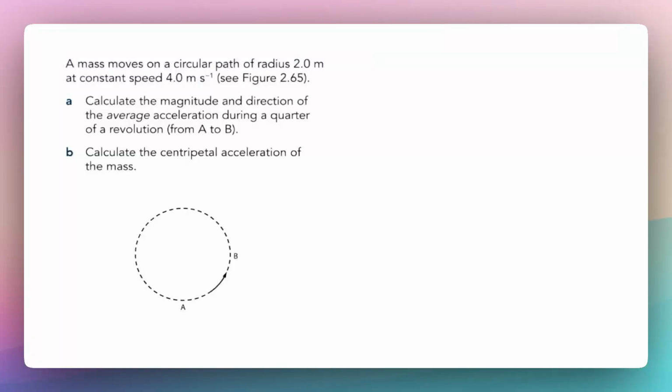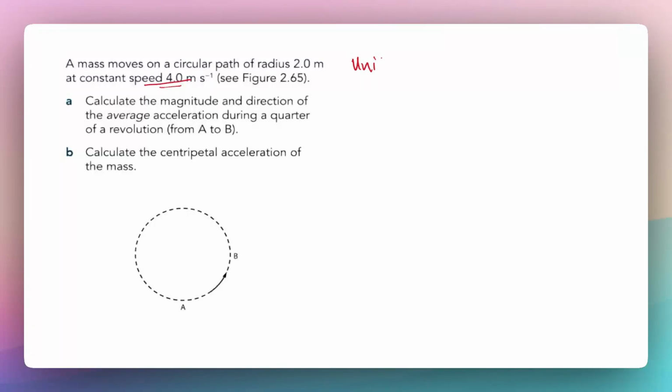So this is our first question from circular motion. It says a mass moves on a circular path of radius 2 meters. So what is given here is the radius of 2 meters, and it is moving in a circular path with a constant speed of 4 meters per second, right? So the first thing we want to note here is that the speed is constant, which means it is a case